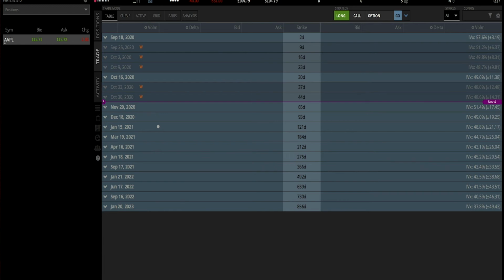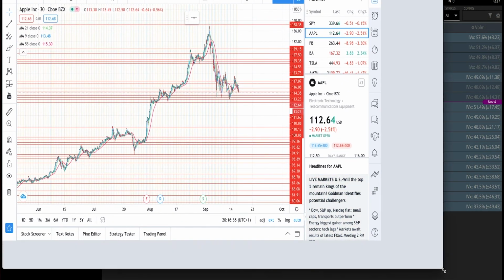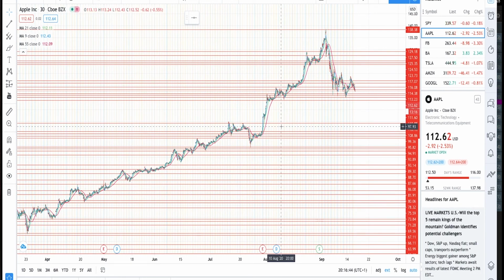But just before I end the video, guys, I do want to just talk briefly again on the expiration dates, and I'm just going to show you a graph which hopefully helps illustrate that a bit better for you. So this stock, again, I'm looking at Apple, and as you can see, you will hopefully be able to ascertain how much a stock price moves on a daily basis. So for instance, if we were looking at Apple from 30th of July to the 3rd of August. Now, if you had, for example, swung this particular stock, and you bought an options contract, and you're expecting the stock to move by that amount